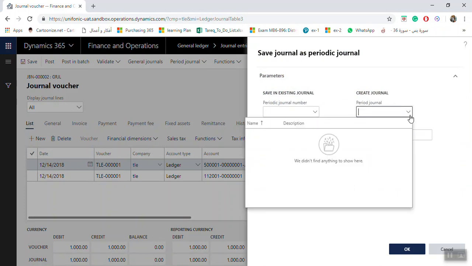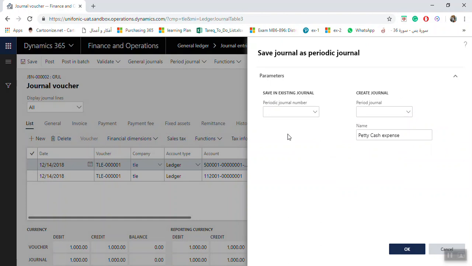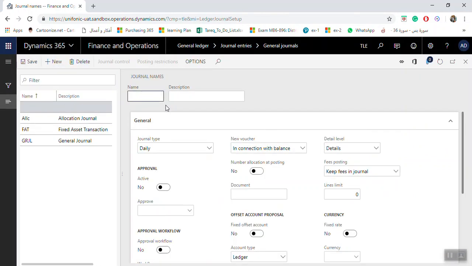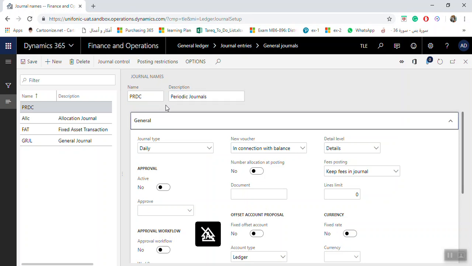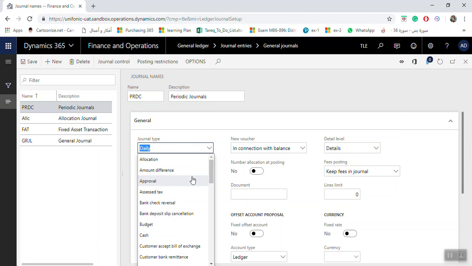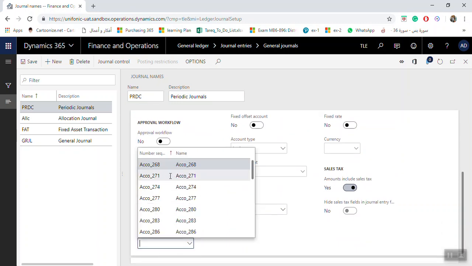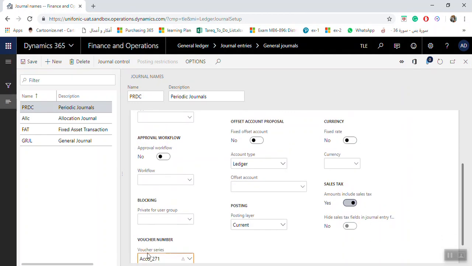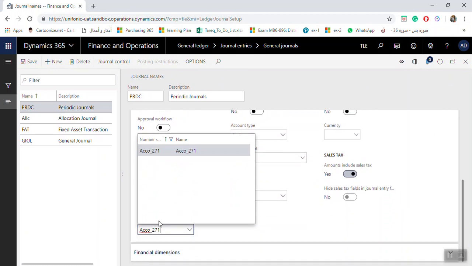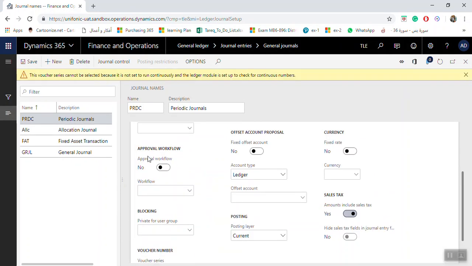If you note that today there is no periodic journal setup for this function, so I will make the setup first for the periodic journal. I will click new, for example write PRDC and here periodic journals. I'll come here to the journal types. I will make it periodic journal. I will select periodic, and I will select like this by default. I can select another series, or I can define different series as I want, but for our testing now,